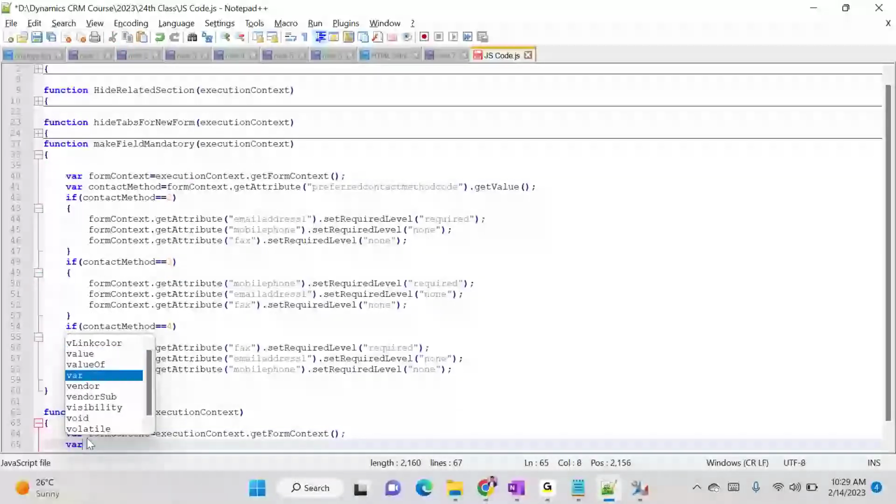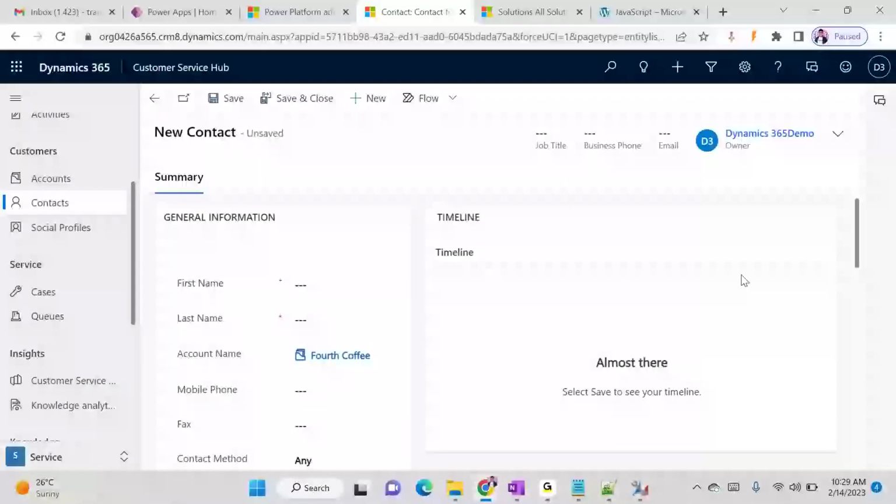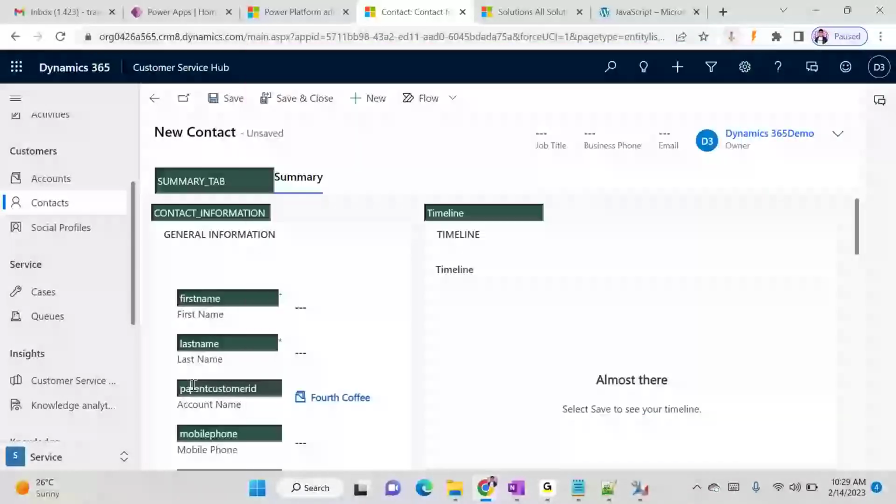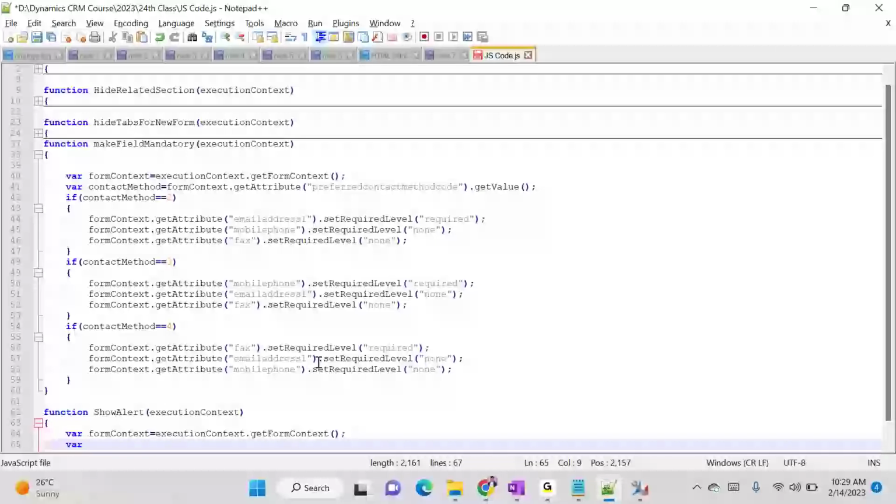Now tell me where I need to get the account name, right? So form context dot get attribute, okay, form where account name